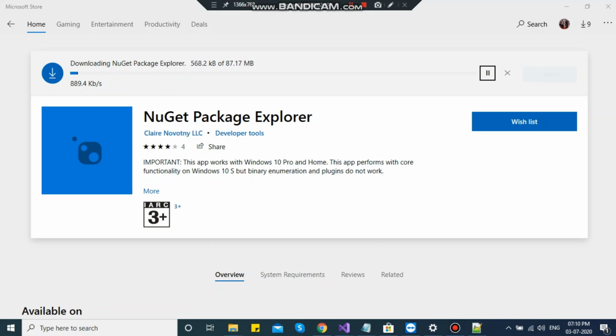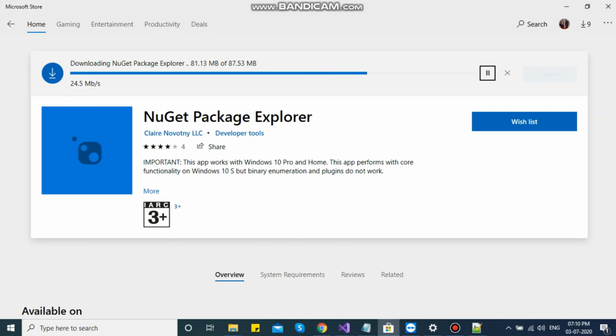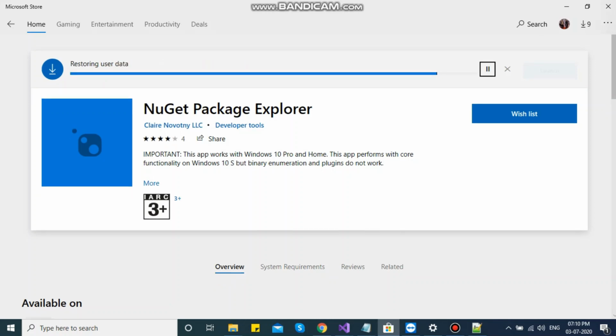If you have this, please delete it, because from step 1 to step 3, if you have this app called NuGet Package Explorer, then these 3 steps will not work. So after the third step is completed, in the fourth step, you need to download this. So now as you see it is downloaded.